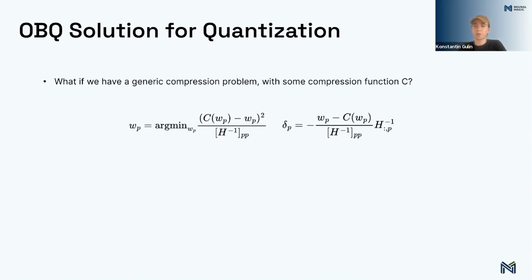One of the other benefits of this is that, typically in quantization, you're quantizing all the weights at once. Here, we're actually quantizing one at a time, which might seem a little strange at first, but it is a benefit, because as we quantize each weight, we're able to adjust the rest of the weights for the new quantized weight, and we recover more accuracy this way. So that gives us an even greater accuracy boost than a lot of standard quantization techniques. And so yeah, that's all it takes for OBQ,